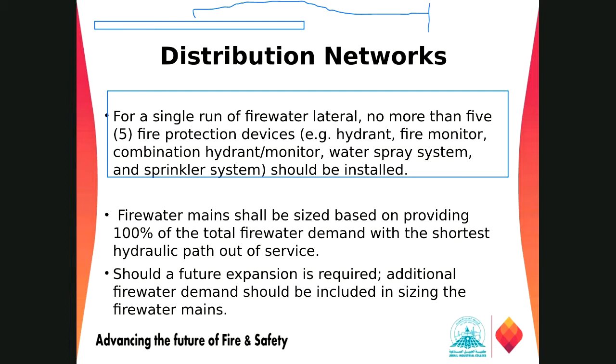In those we cannot add more than five fire protection devices. It is not a loop. It's just one branch going to those five different equipment. If we have more than five equipment, we have to give a loop, not a branch, because again we have to follow the hydraulic principle that the more equipment, the more flow. So take the advantage of the loop. Lateral means just a branch, or a cut away from that one.